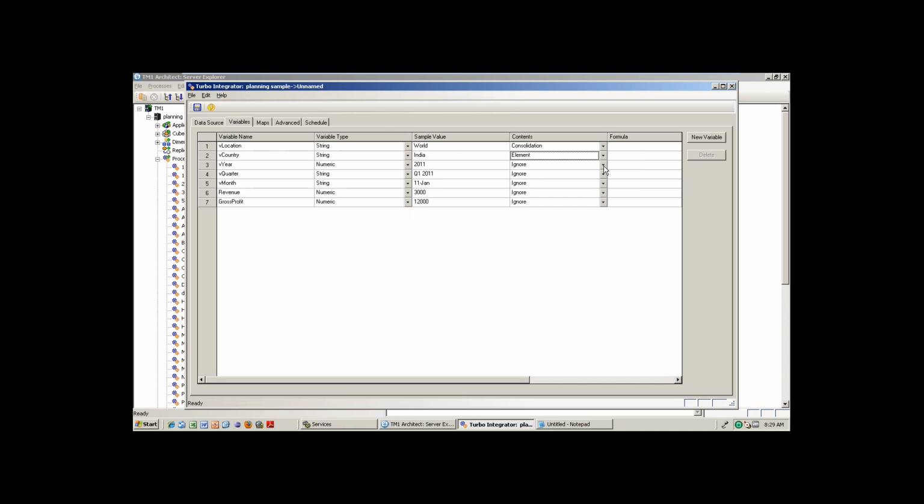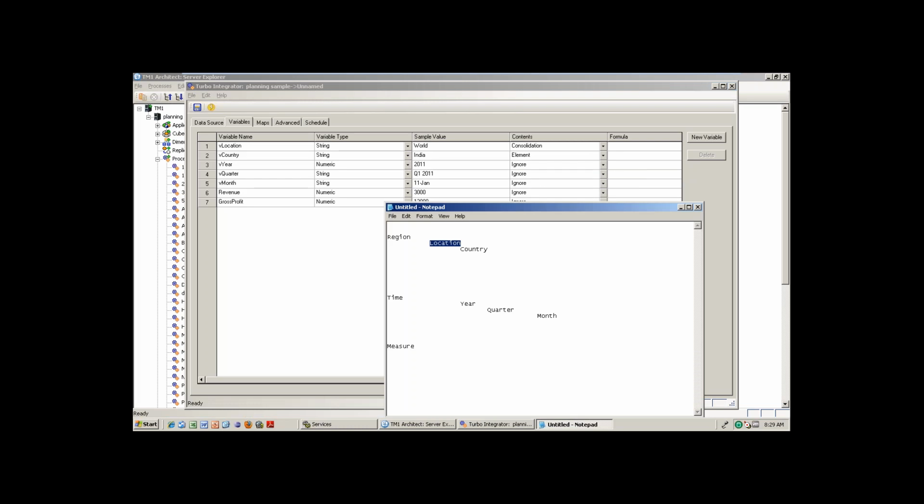Now tell me, what could year be, anybody? Year, quarter and month is one dimension. Is year a consolidation or an element? It should be consolidation; there's no meaning in making it an element.